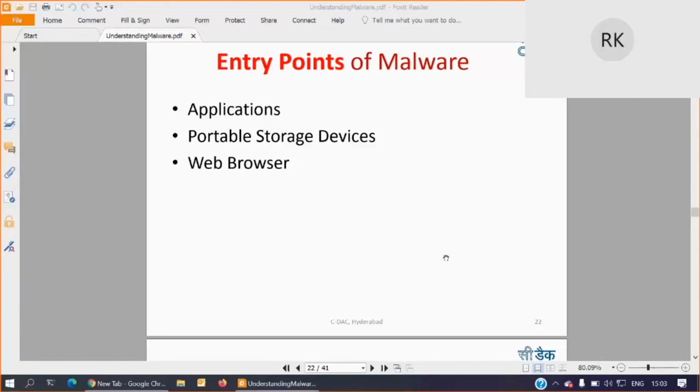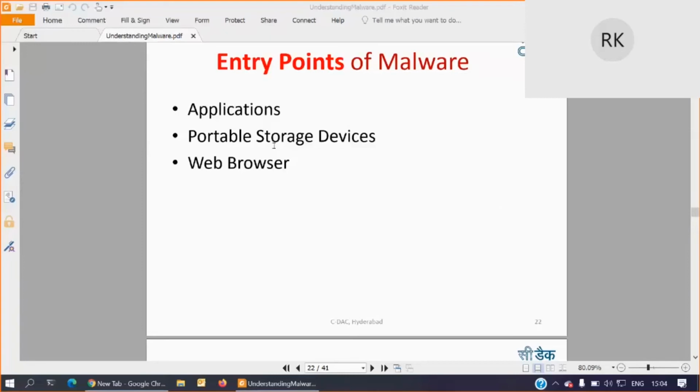Okay, sir. So using the settings only we can avoid this, because we are not sure which website is compromised and which is not. Or else we need to have some good antivirus solutions or security solutions that can analyze all the websites you browse and give you an alert on malicious websites.